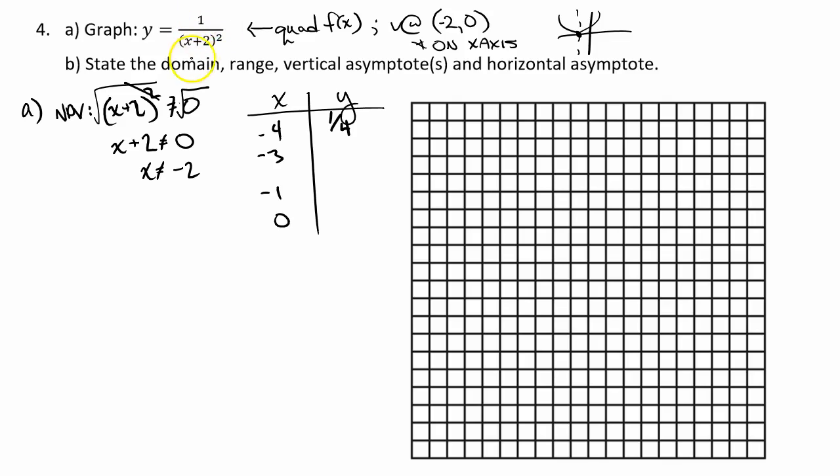Don't forget that it's 1 over this function. -3 plus 2 is 1 squared is just 1. Okay, -1 plus 2 is +1 squared, or 1. And 0 plus 2 is 2 squared is 4, so 1/4. So again, now we're getting that total symmetry